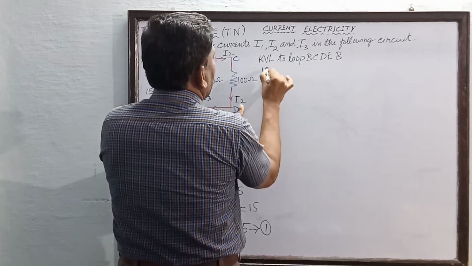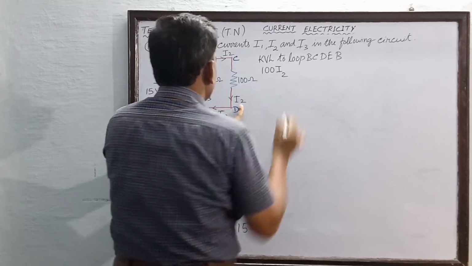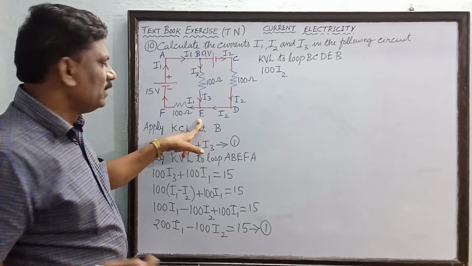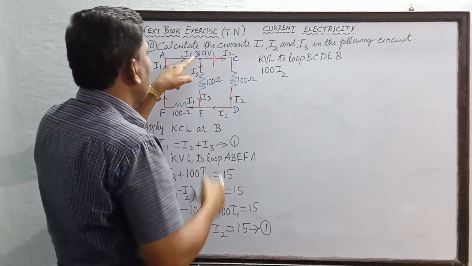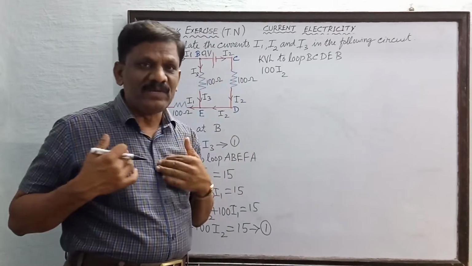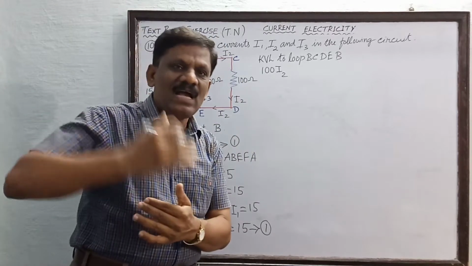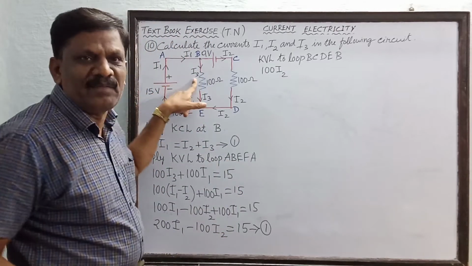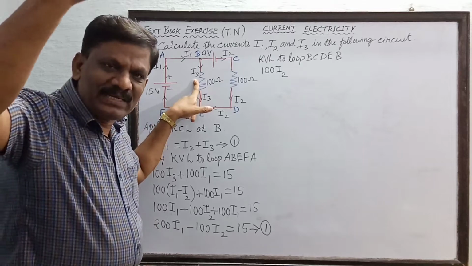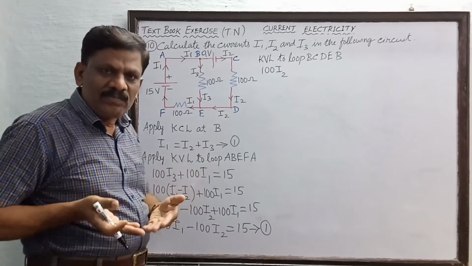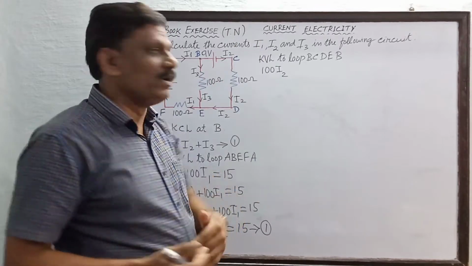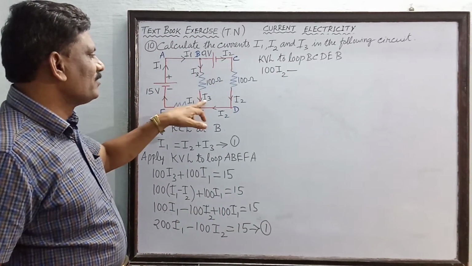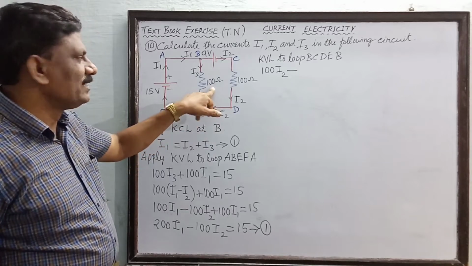So I will write 100 into I2. Then D to E, there is no resistance, no IR product. Now I am going to proceed from E to B in the upward direction. But in which direction is the current flowing? You see here, I3 ampere of current is flowing from the top to the bottom. So we are proceeding upward, and the current is coming downward. So I will write a minus sign for the IR product. What current is flowing is I3. And what resistor is